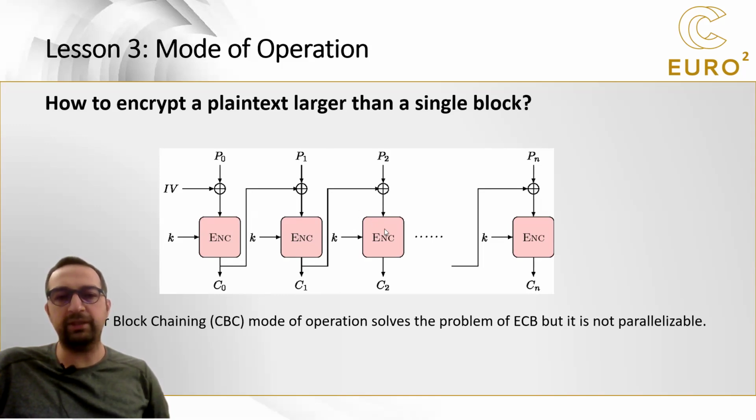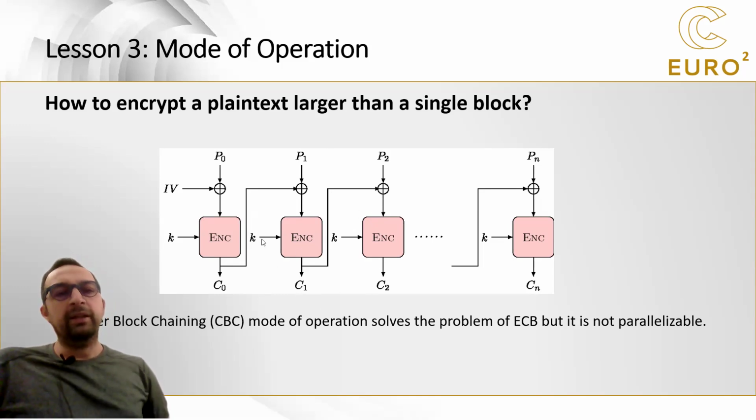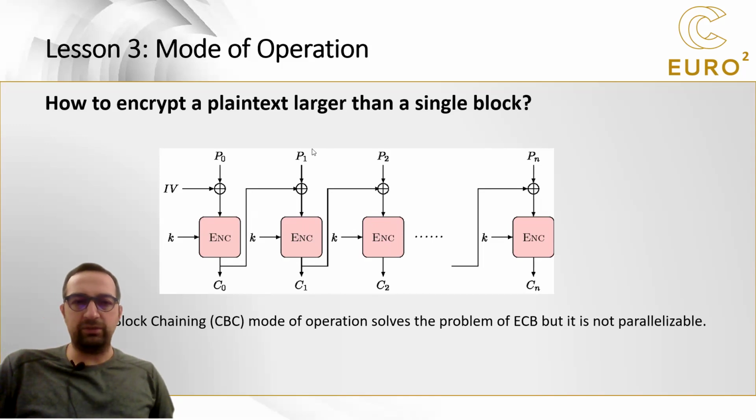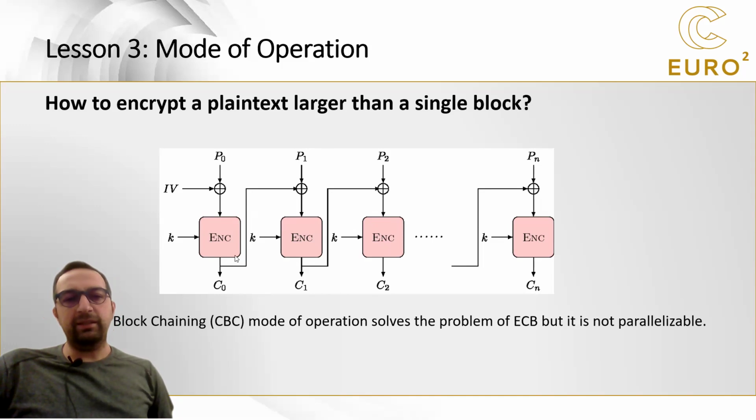So after the encryption, they will be different too. So here IV stands for initialization vector. It doesn't provide any security. It is just to keep the symmetry in the picture. But here, since we connected these parts, now we lost parallelizability because if I want to encrypt P2, I need